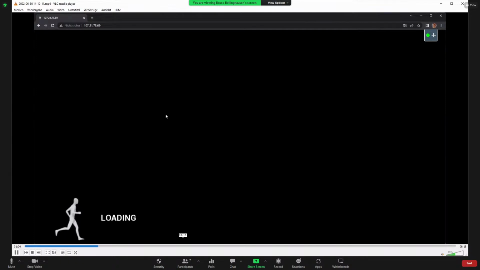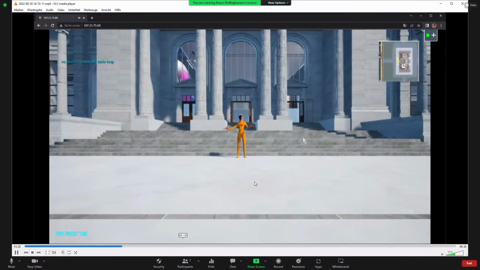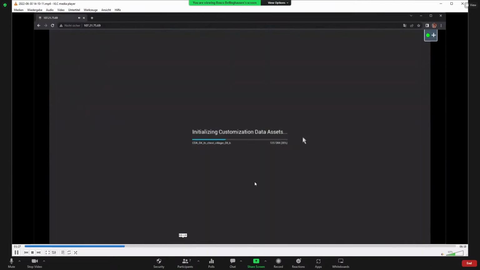Here it's real time, so it takes a little bit until everything is loaded. And of course, it's the pre-alpha stage, but what you will see is what will become our alpha, and we will release it very soonish, so that everybody can check it out. And now here we are. And now the avatar system is loading. So bear with me.